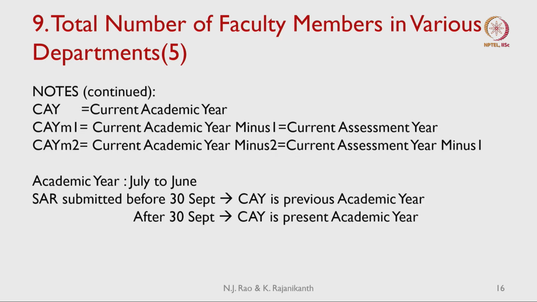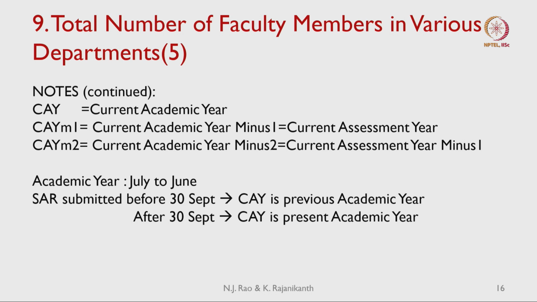So, the total number of faculty members in various departments, CAY is current academic year and CAY-1, that is current academic year -1, which is also called current assessment year. Unfortunately, both have the words CA, but current academic year -1 is current assessment year. Then CAY-2 is current academic year -2, which is current assessment year -1. Then the academic year is considered as July to June. Now, if the SAR is submitted before 30th September, this is an important date to remember, before 30th September, then